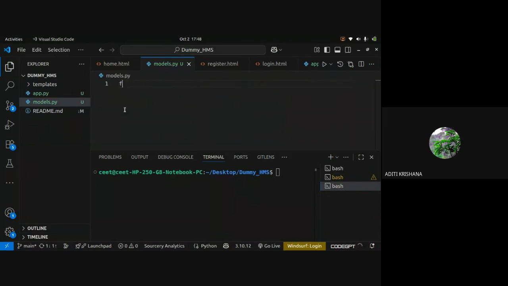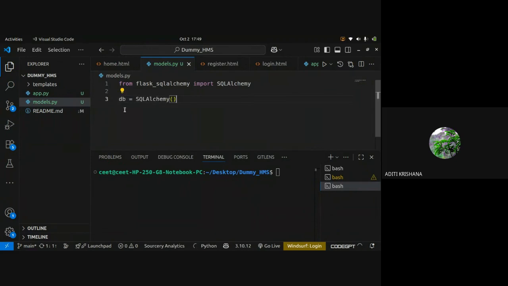So first we have to import that. We have imported that. Now we will initialize SQLAlchemy inside one variable so that the variable can be used for creating tables and for creating the columns.